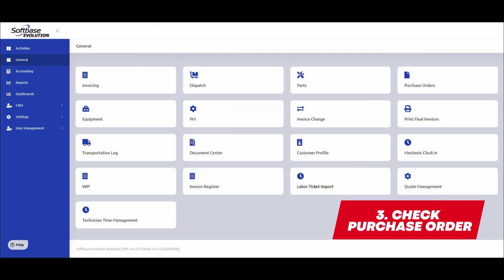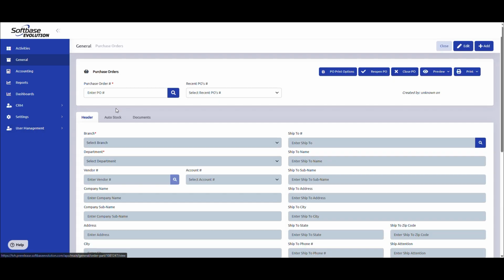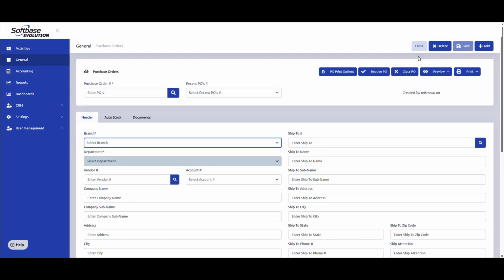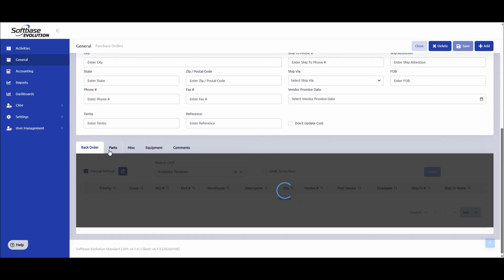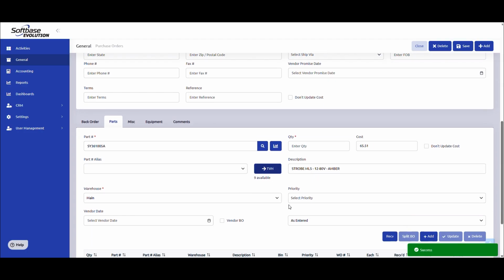You can also verify availability when creating or editing a purchase order. Open your document in Purchase Orders and scroll to the bottom of the screen, where you can enter the part number under the Parts tab. Clicking the TVH button displays the current stock right on the PO screen, so you can submit your order with